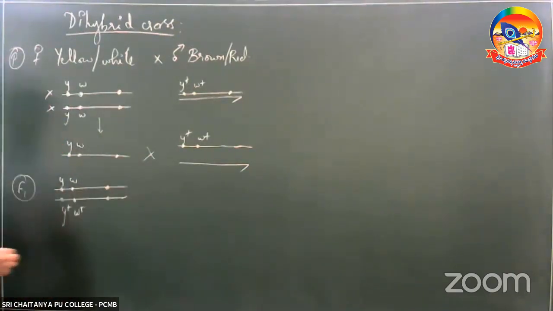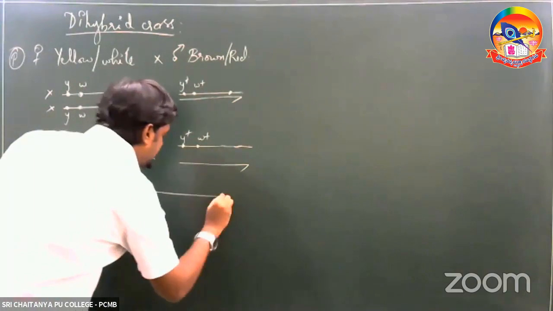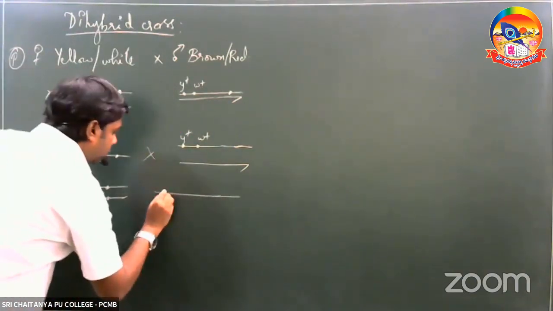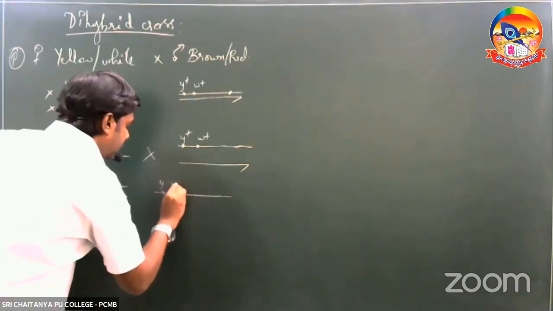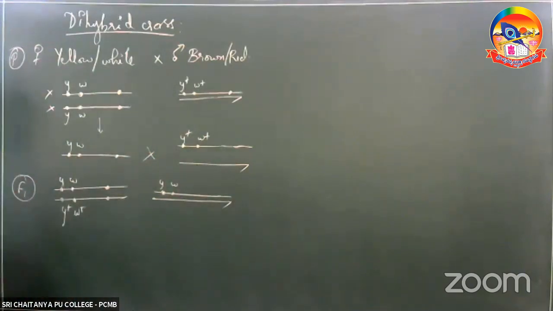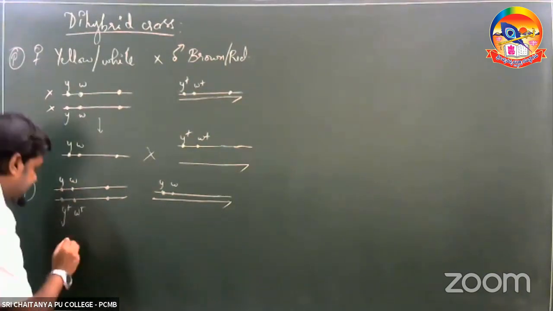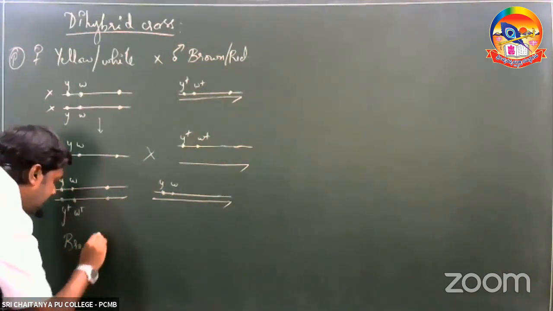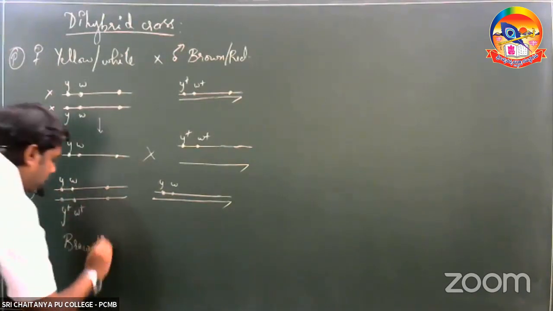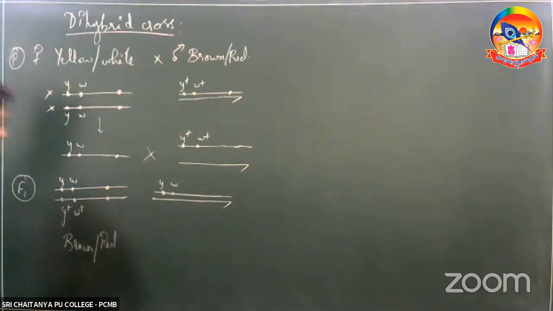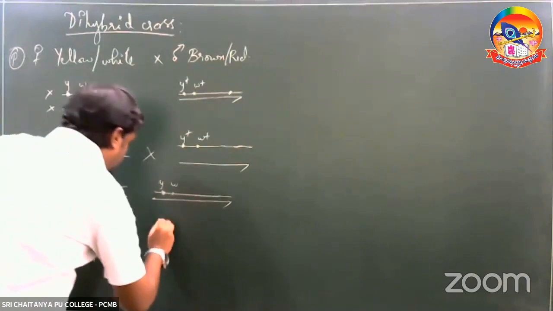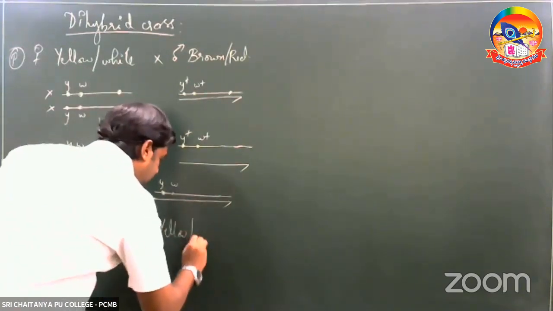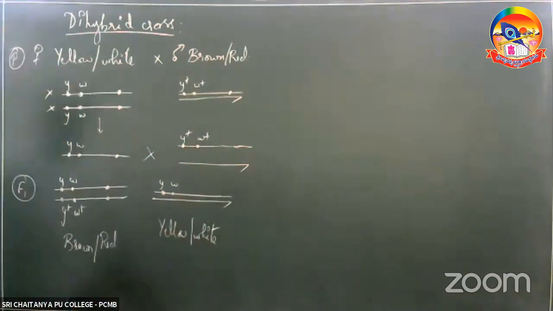This is one of the offspring formed in the F1 generation. The second offspring would be again the X chromosome of the female having y and w, with the male Y chromosome. If we see the phenotypes, y plus is dominant, so this individual would have a brown body, and w plus is dominant, so this one would have red eye. So in the F1 generation, the female had a brown body and red eye, whereas the male was yellow-bodied with white eye. This is what we saw in the previous session up to here.